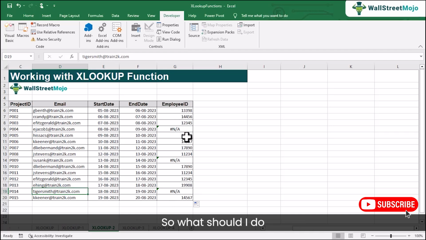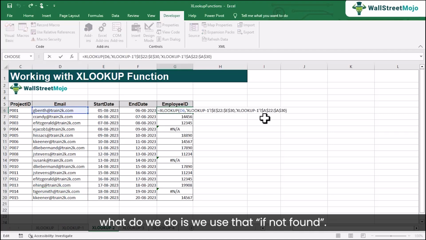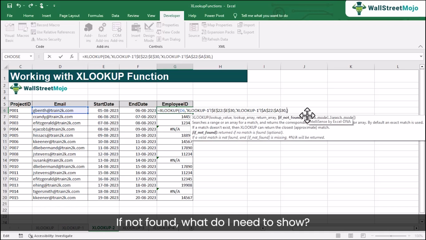So what should I do so that I can get a more user-friendly message rather than an NA here? To do that, we use the if not found parameter. So I'll put the first parameter, if not found. What do I need to show? Invalid